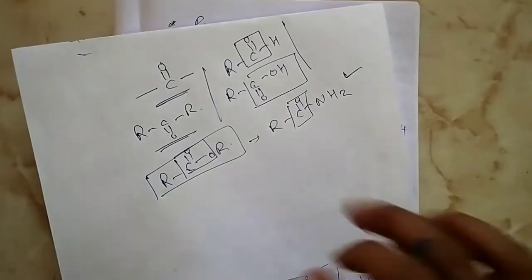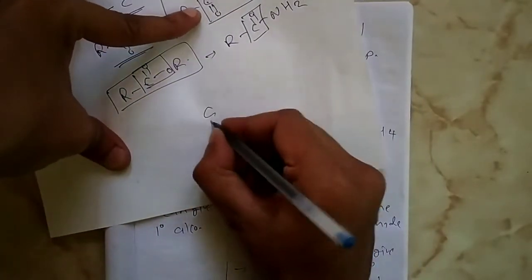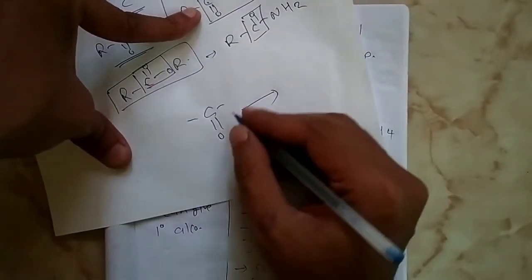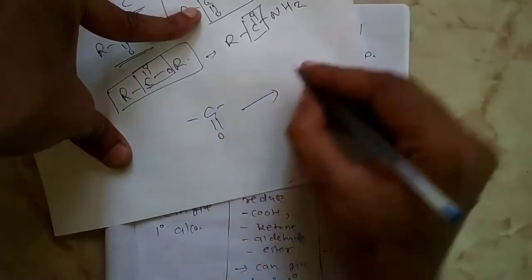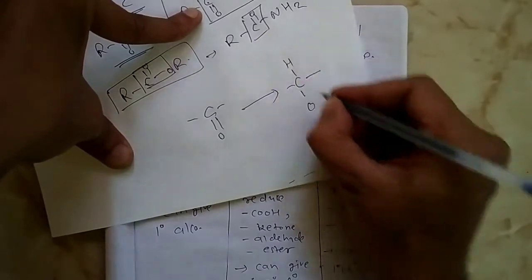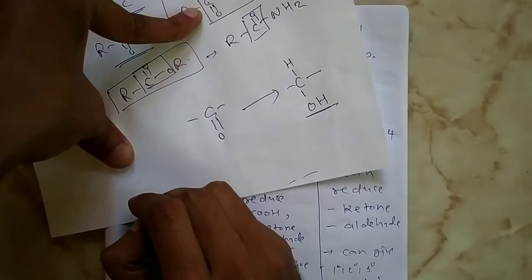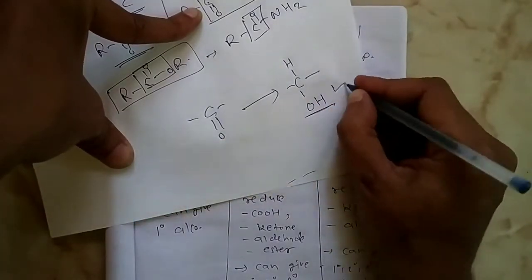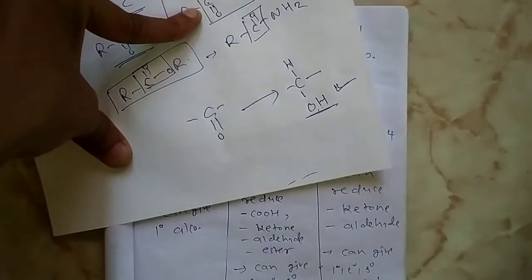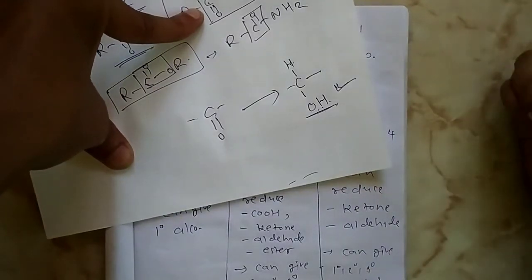So we are going to prepare alcohol from this C=O. What we are going to do, look here, we have this C=O. We are going to break this double bond and add hydrogen on carbon as well as oxygen, so it will be alcohol here now. Like this we can prepare alcohol. It is addition of hydrogen, which means a reduction reaction. Again, addition of hydrogen is there, so it is a reduction reaction.